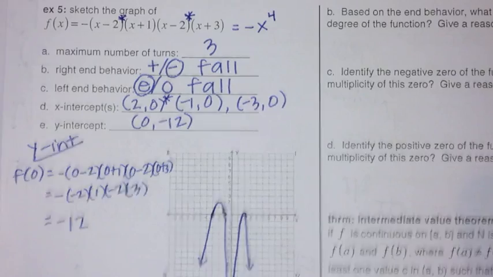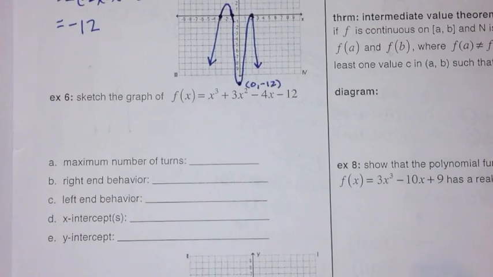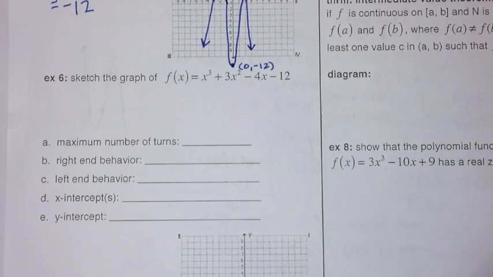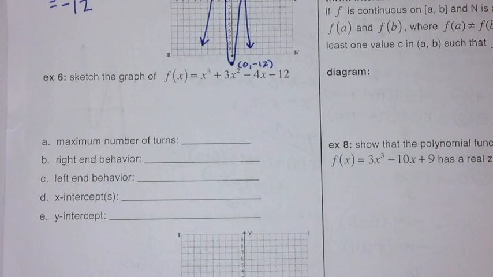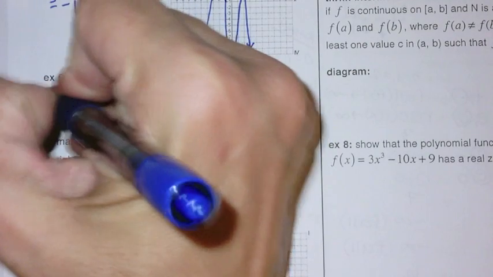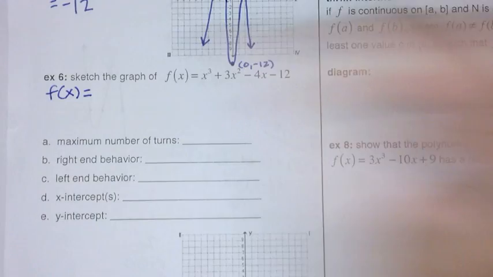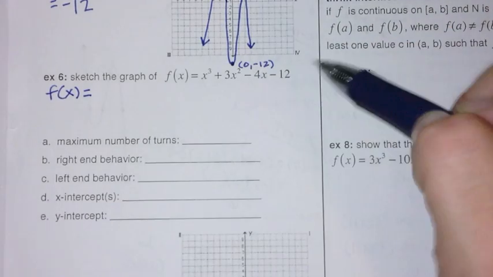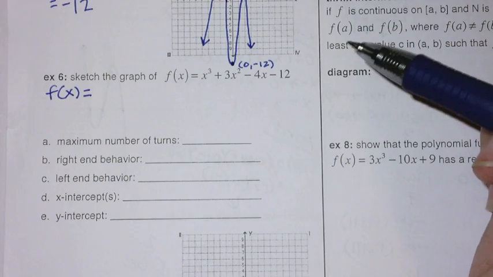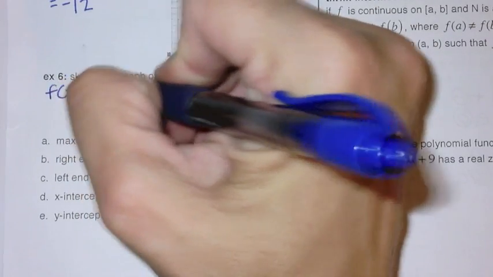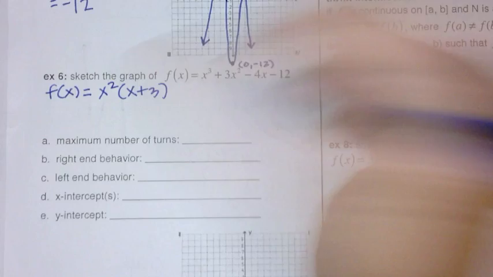So for this one right here, it is in standard form, meaning that we're in term form. It's been multiplied out, so we need to reverse that and put it in factored form because that's the easiest way to find our zeros. So the way we're going to do that is we have 4 terms, so we know we need to factor by grouping. So we're going to pull out the x squared from the first 2 terms,